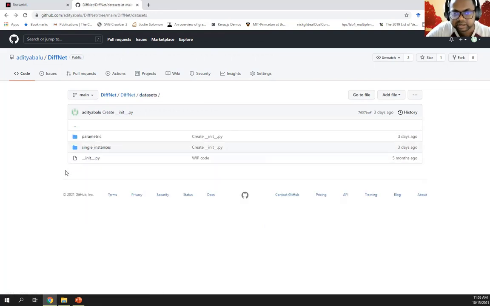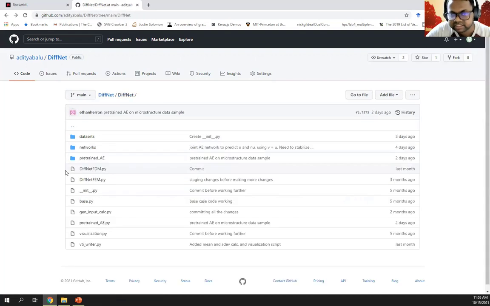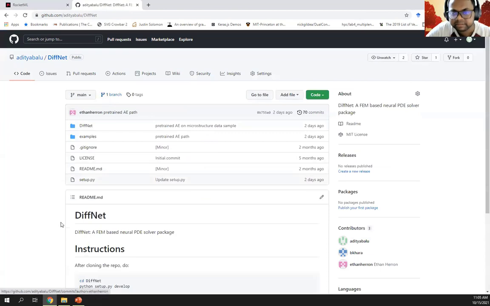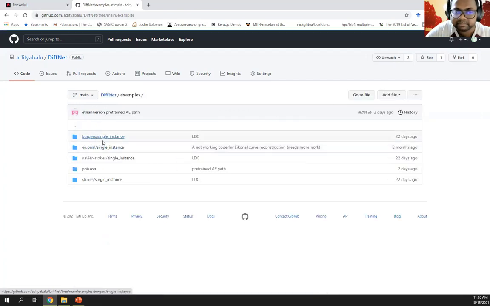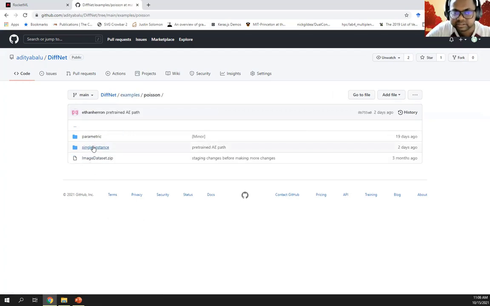This is still an ongoing development. So this is a very preliminary release from our end. We'll be still focusing on how to improve this for different other PDEs and everything. But there are a lot of examples given for each PDE we'll be talking about. For example, Burgers' equation, Eikonal, Navier-Stokes equation are some examples we have also provided. And the most explored of all is the Poisson equation, because it's very easy to solve.